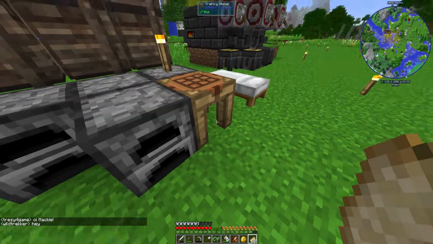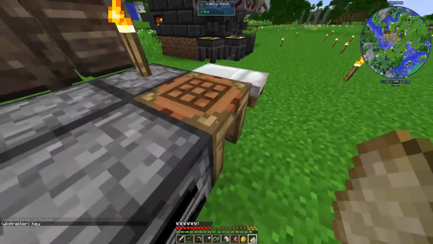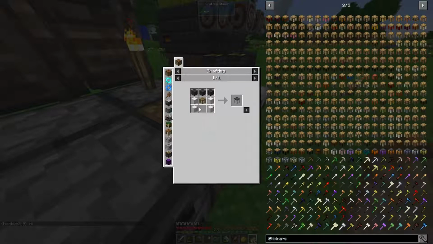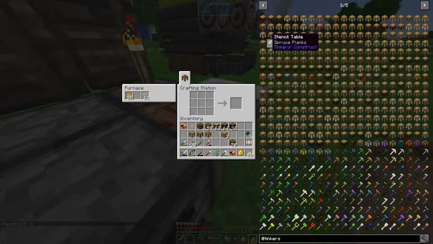So let's have a look. I think it needs solid blocks of iron. Let's just have a look. Tool forge rather than tool station. It's an upgrade basically, so we need some seared bricks and some iron. I think we could do that,